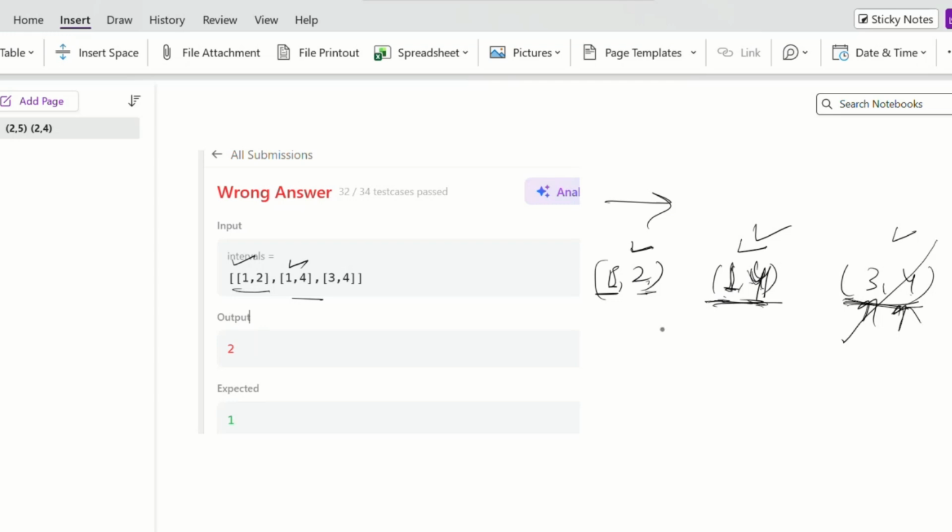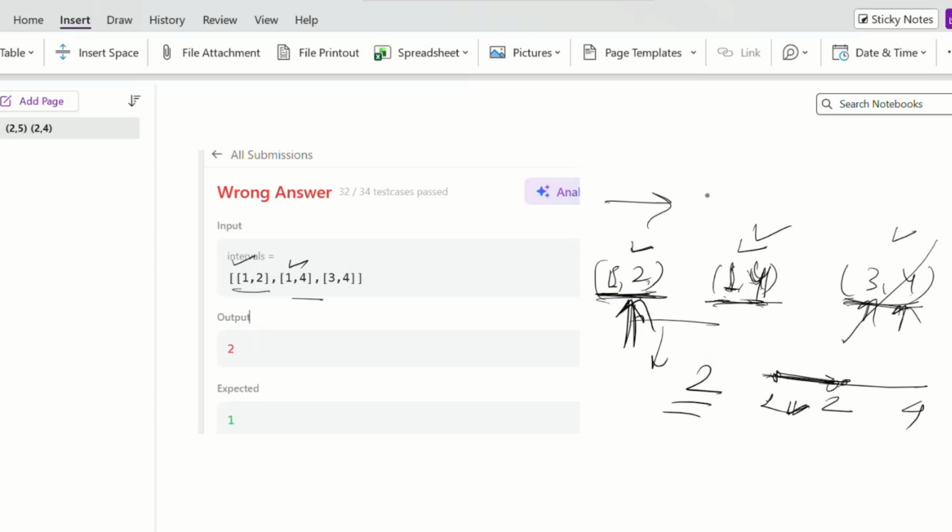So we can remove this and the remaining will be 2. But if you see, this 1 and 4 will be something here, and this 1 and 2 will be something here. So this is fully covered, but traversing from left to right, we are not able to consider this.